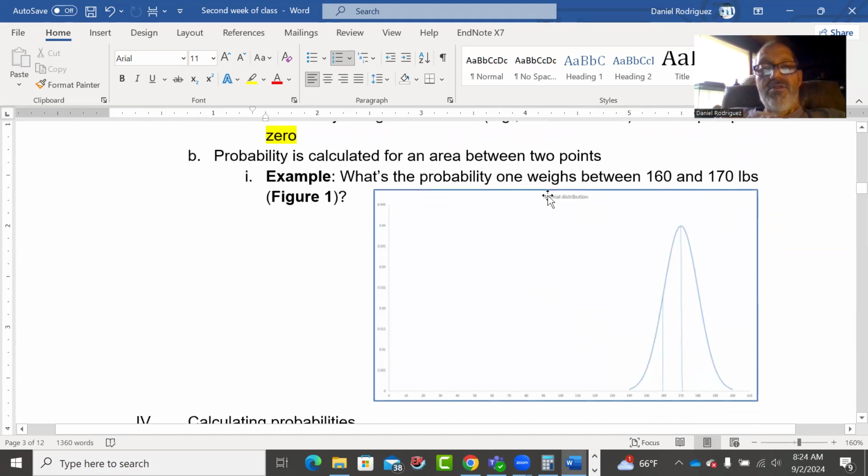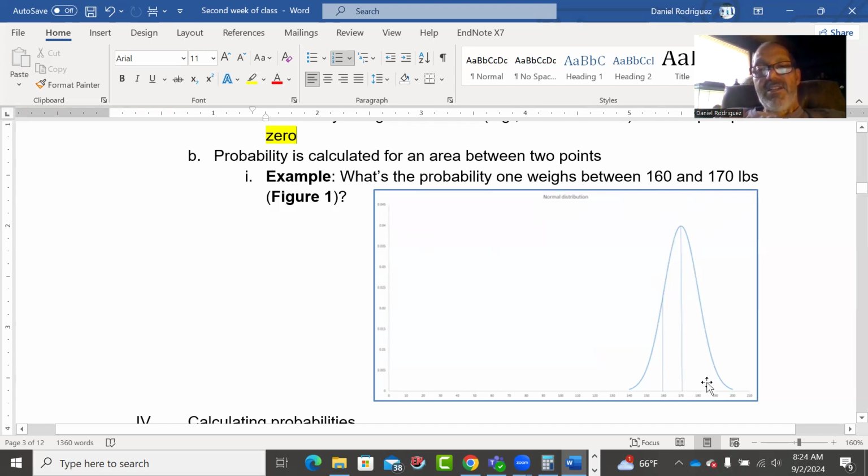So in order to determine probabilities, we look at the probability between 2 points. Like here, what's the probability one weighs between 160 and 170 pounds? We're not going to look at 160 or 170. We're looking at that area right here between 160 and 170. So when we have a continuous variable, we use the area under the curve between 2 points to find the